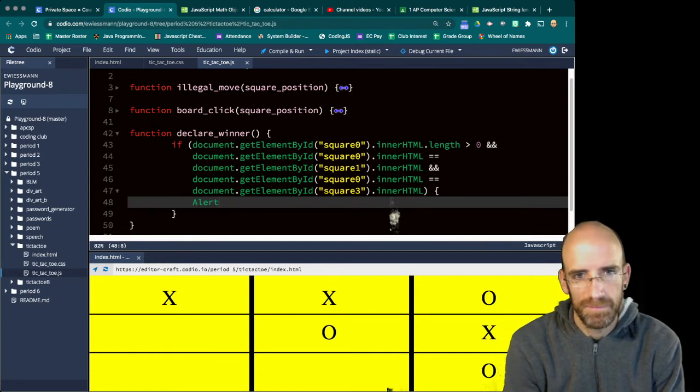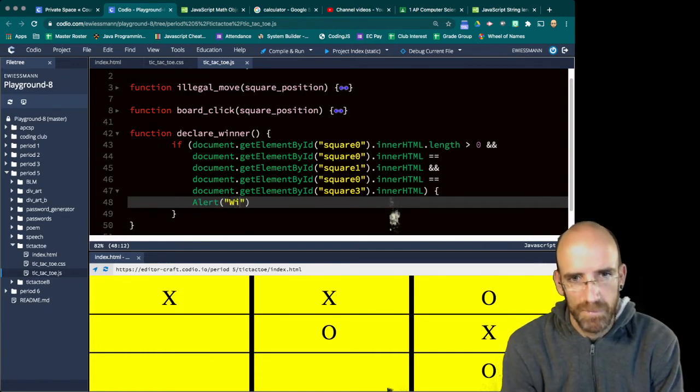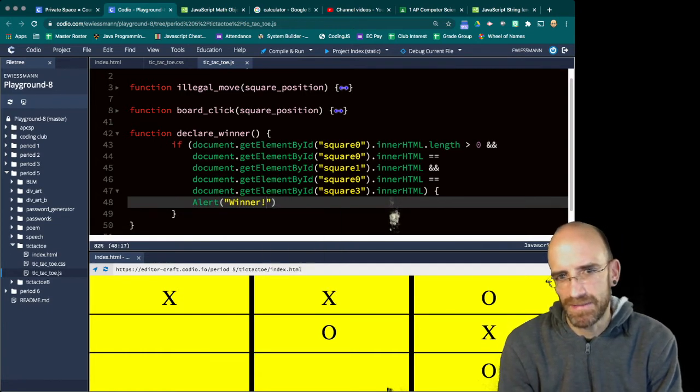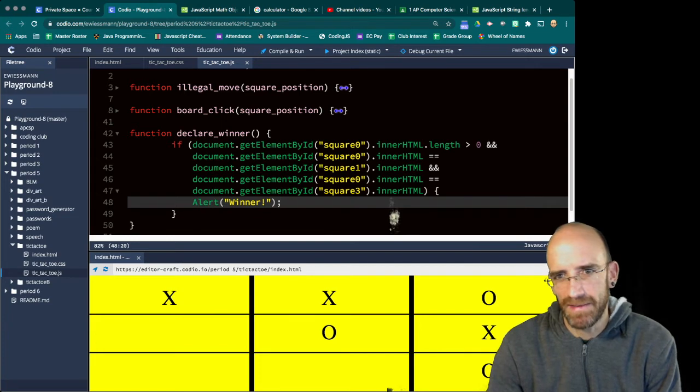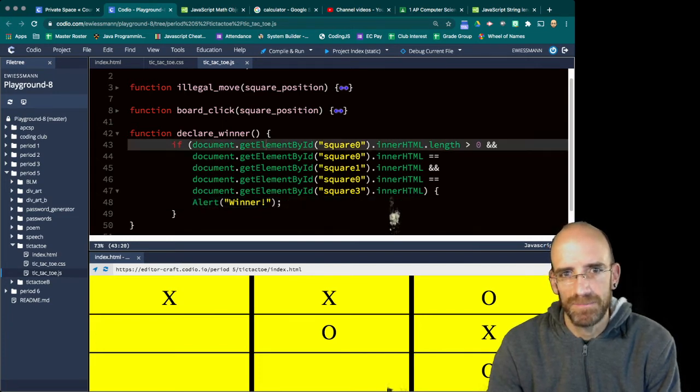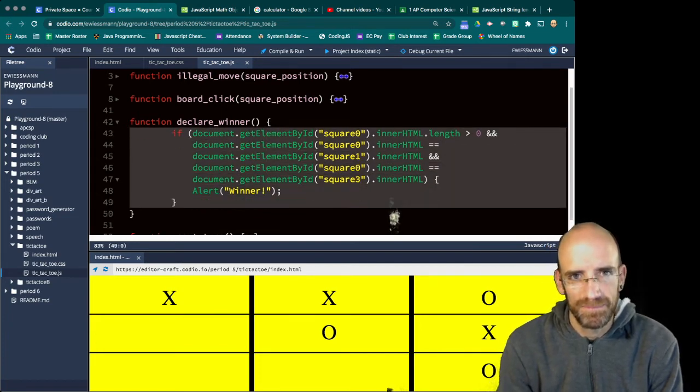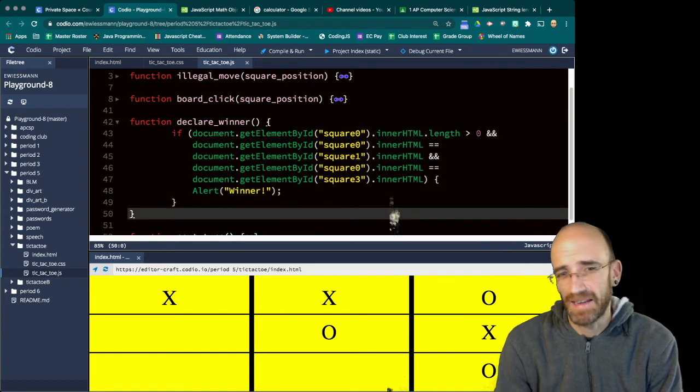Alert winner, and that's going to be enough for this simple game. We might make it do something fancier later, and actually you're going to be able to keep playing after that. At the moment,